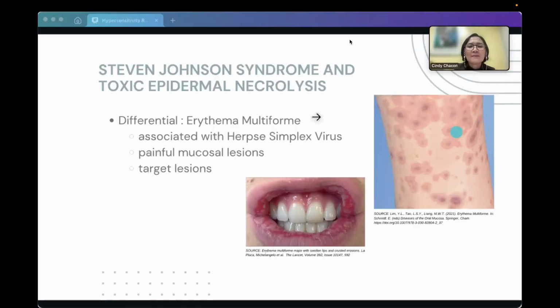Ito pala, the pictures of the skin here on the right side are target-like lesions. So parang ganyan, parang siyang may bullseye sa gitna. Mycoplasma and other respiratory infections in children cause a clinically distinct presentation with prominent mucositis and limited cutaneous involvement. The term reactive infectious mucocutaneous eruption, or RIME, has been proposed to help differentiate this clinical entity, which some believe may be the syndrome originally described by Stevens and Johnson.